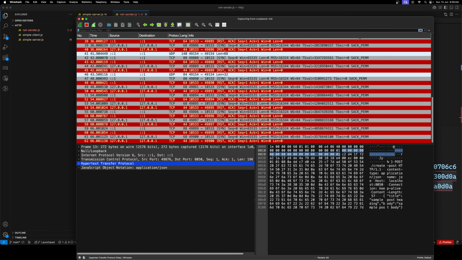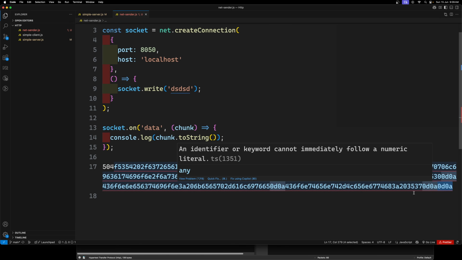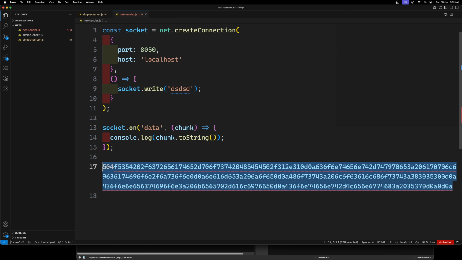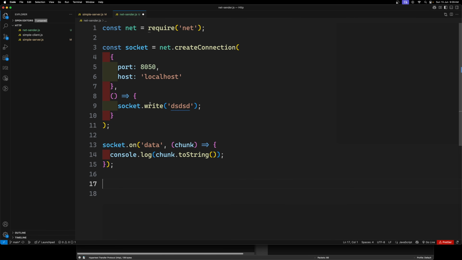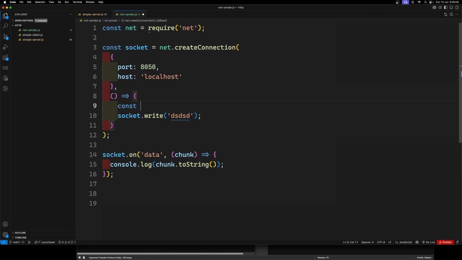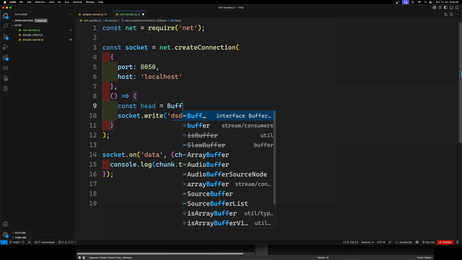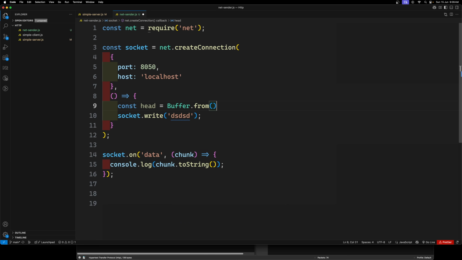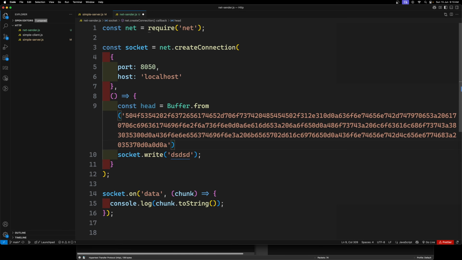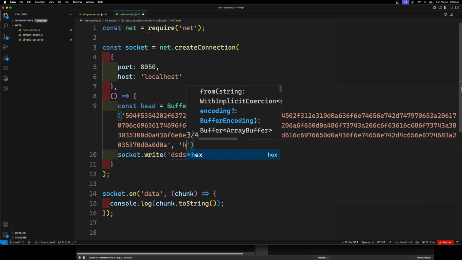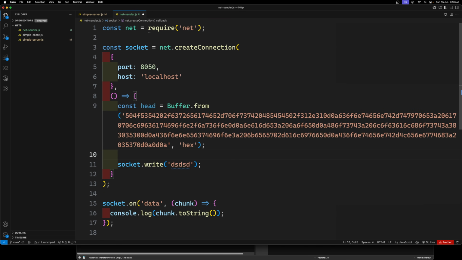So now what I will be trying to do is, here in this one, I will capture this entire data. Okay, so here I will create a head, constant head is equal to buffer. So I am creating the buffer dot from, and I will use this entire thing, and we need to tell what the notation is. So this is a hexadecimal notation, that's it. And next we need to capture the body also. Body